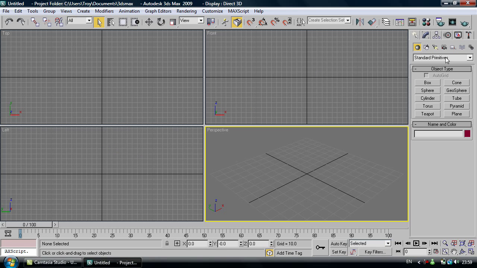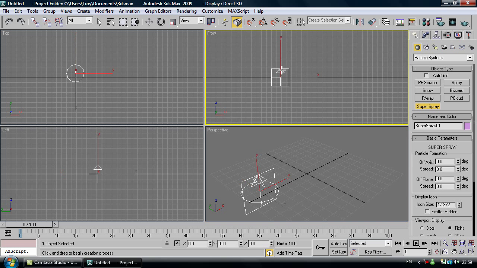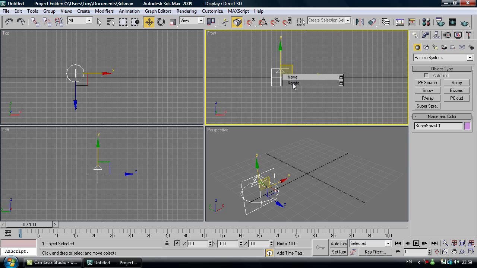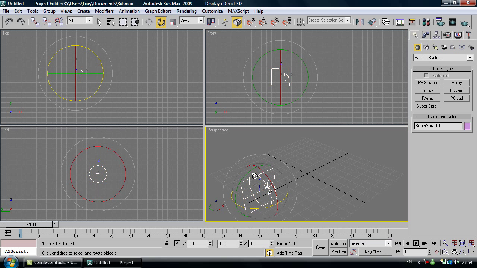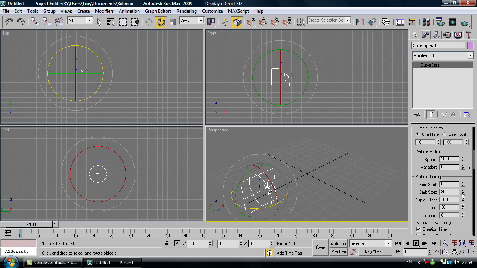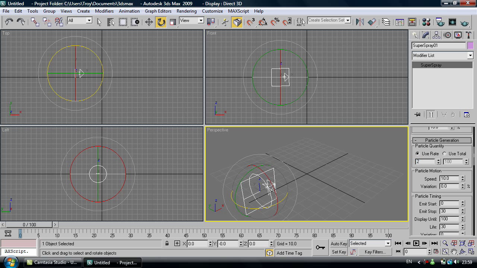So under Create, head to Standard Primitives, choose Particle Systems, Super Spray, and drag one out. Right click it, rotate it, and that'll do. Okay, so click our emitter, go to the Edit tab, set our rate to 20 particles,